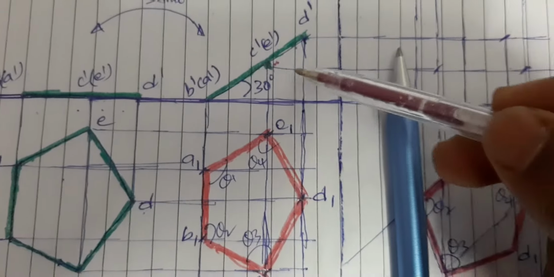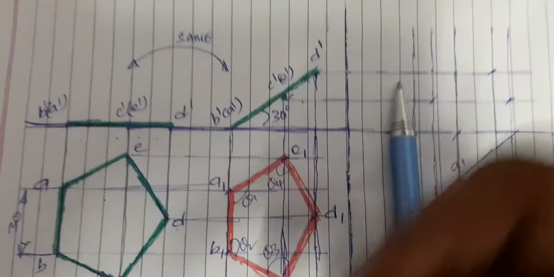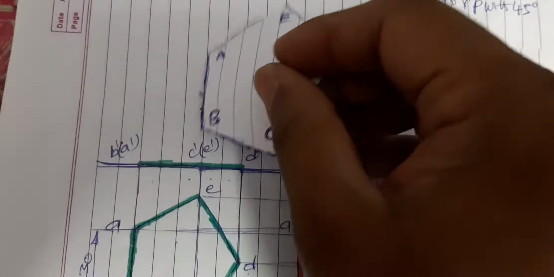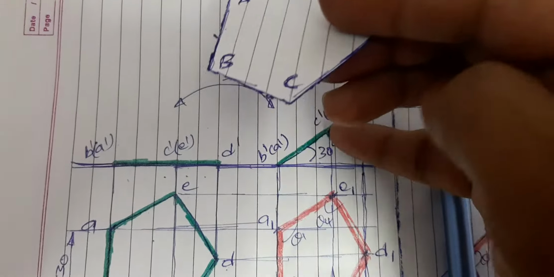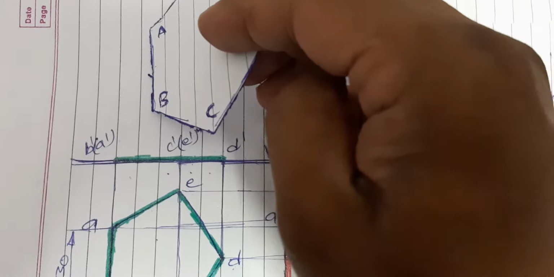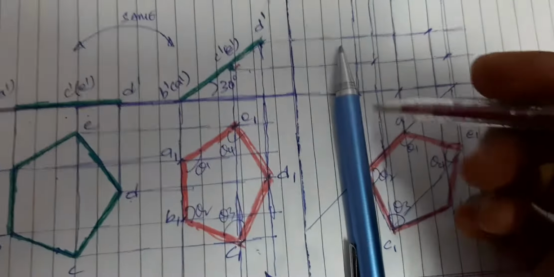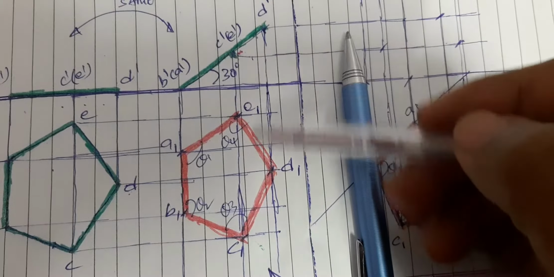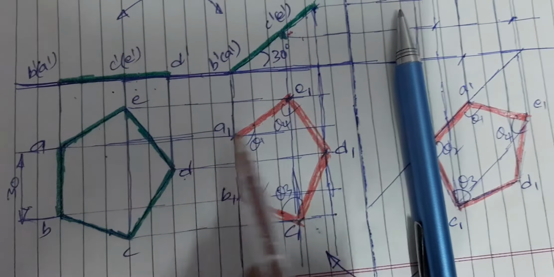Now after drawing this one, I'm about to identify the top view of the plane when it is placed like this. I just drew the front view of the plane when it is placed like this one. So now I'm about to identify the top view of this plane when it is viewed from the top side. To get that, I drew the projectors from this front view downwards, and next I drew the projectors from the top view towards the right.